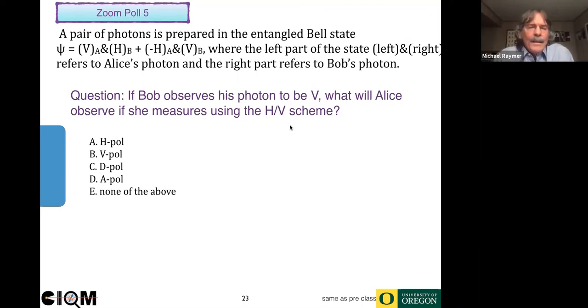So remember, in this case, it's kind of like the classical correlations with the inherent properties, because Alice and Bob are both measuring in the HV scheme. And the state is defined in terms of two mutually orthogonal possibilities in the HV scheme. The state is defined in the same scheme that the measurements are made in. So this makes it look more classical. People are moving slowly on this, so I'm going to end this poll and relaunch it. So this one kind of mimics the classical statistics.